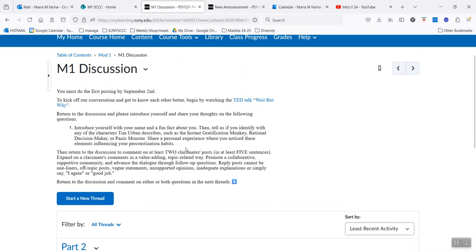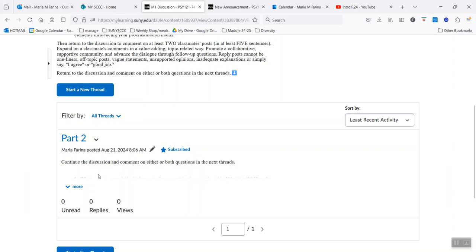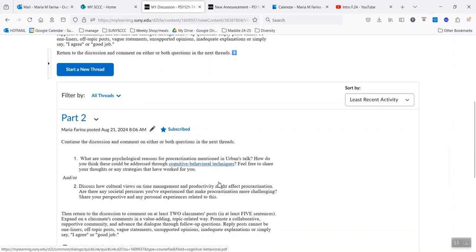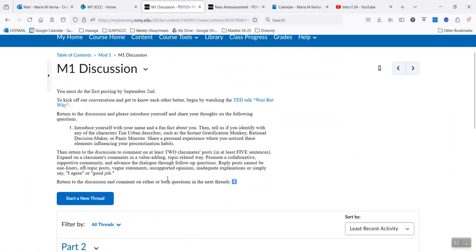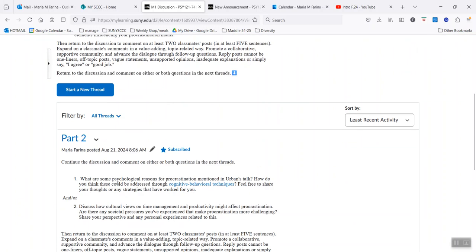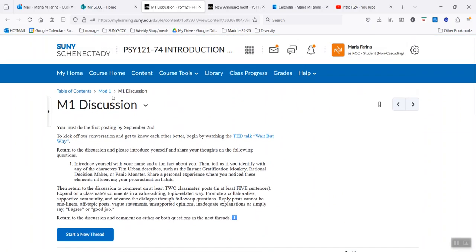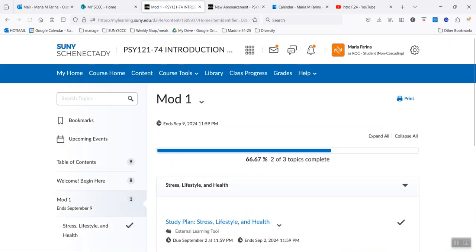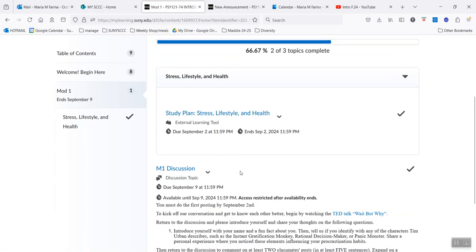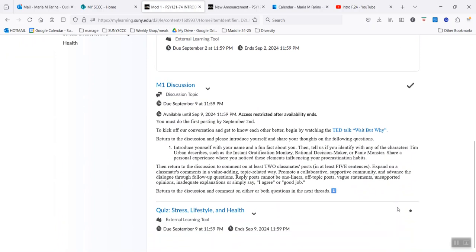Okay, so the next thing, go into the discussion. You can start a new thread here, respond to this. There also is a part 2 that you do need to answer. So start with this. This is what's due. This first Mod 1 discussion, part 1, is due by the first Monday. As we get into the second week, we'll talk more about what's in part 2 of the discussion. And that's typically how things will work. We'll have a part 1 discussion in the first week and a part 2 discussion in the second week. And then you take the quiz,